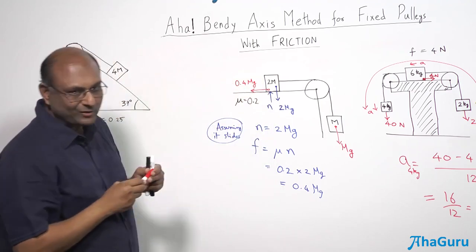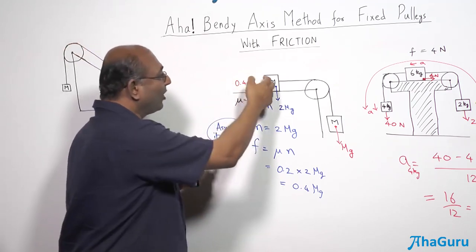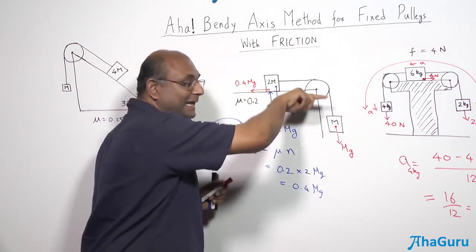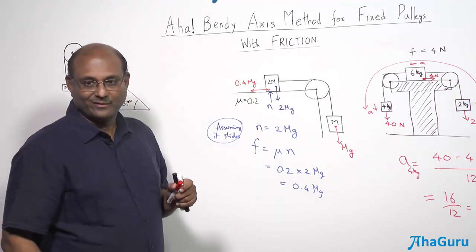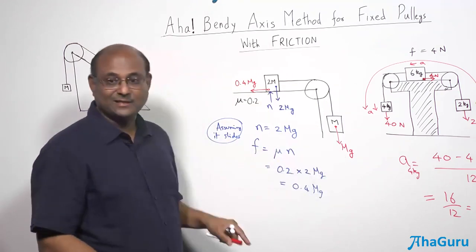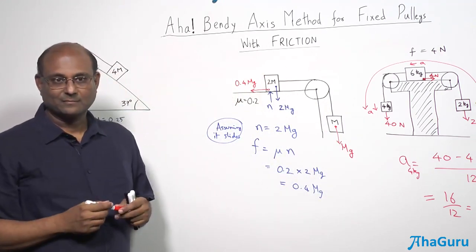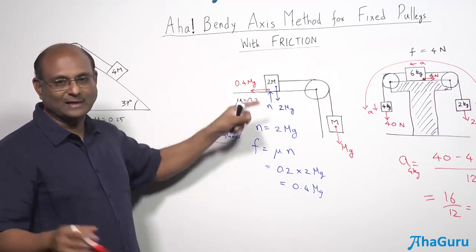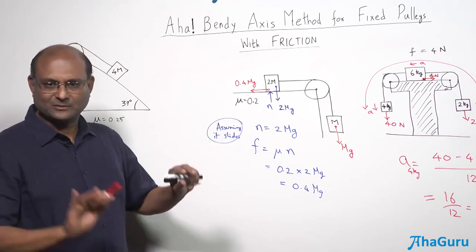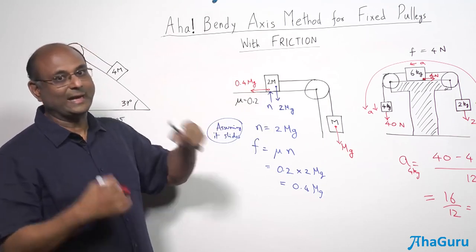Now you have to be very careful about these things. If this already has a velocity, friction force will be that way. But this starts from rest, so it's going to slide like that, so friction force is this way. For all the questions that we are going to do, we'll assume that it starts from rest, just because we are learning it right now. But you have to look at the actual situation.